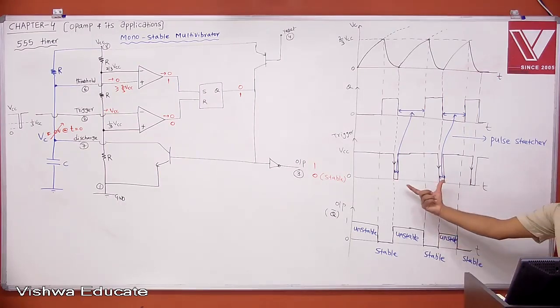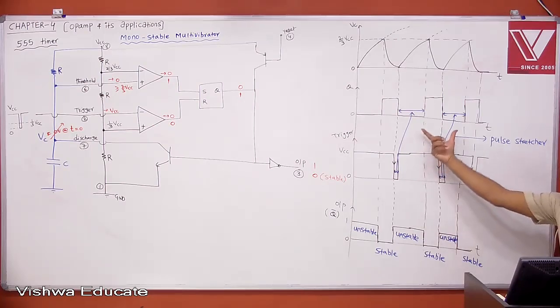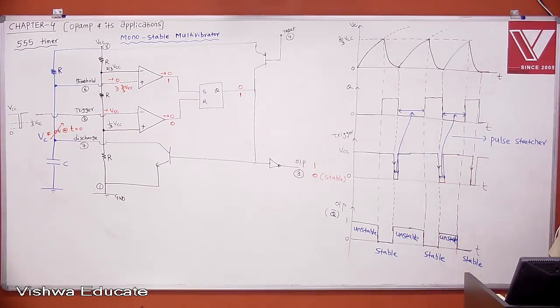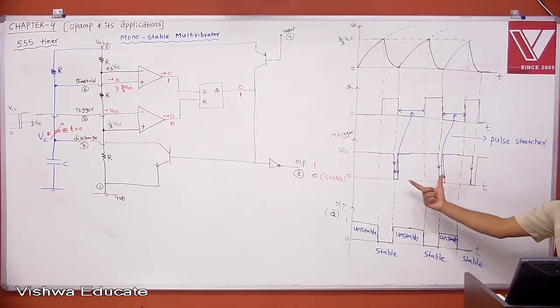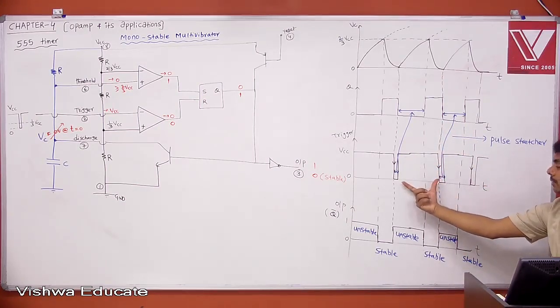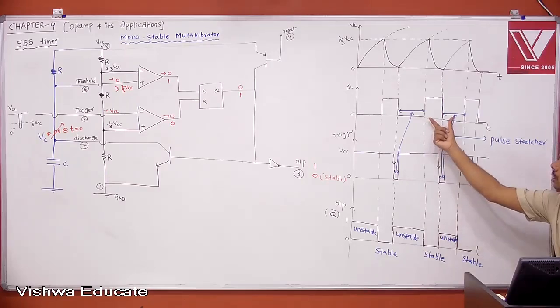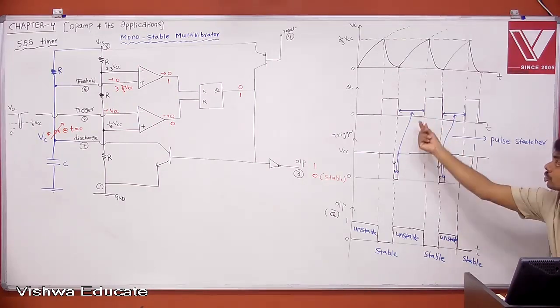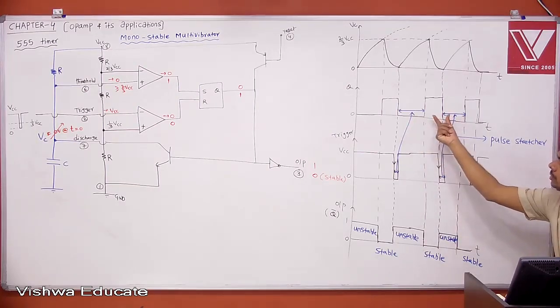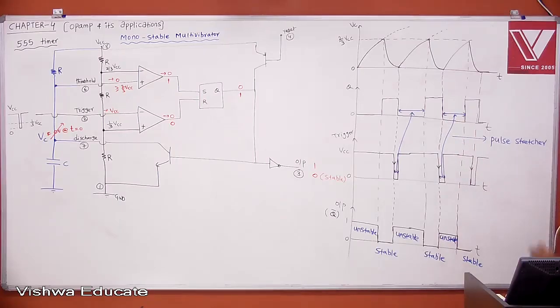Whatever trigger pulse period you have, the same period you are observing at Q also. Therefore, the period is not changing. Therefore, the pulse is stretched. But here the on time of your trigger is very high. Here the on time is decreased because your negative pulse is stretched, therefore your total period is constant, therefore obviously your on time will decrease. But how much stretch you want, that depends on the charging time. Therefore indirectly that is depending on the R value, right? How much you want to stretch, that depends on R,